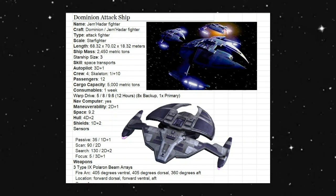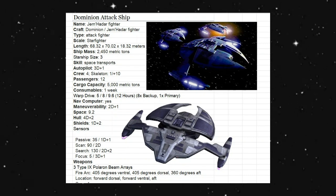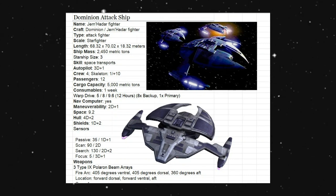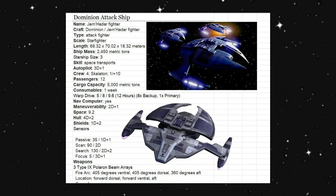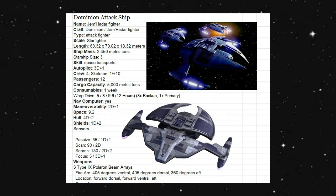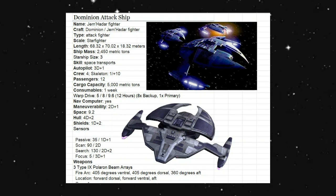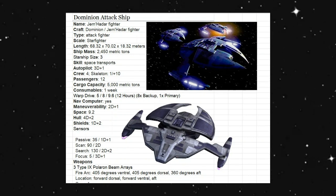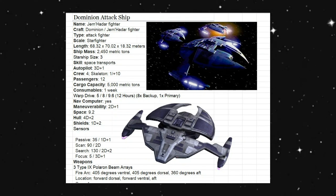In addition to the ship's highly efficient warp drive and impulse engine systems, Jem'Hadar attack ships incorporate an ion drive as a secondary propulsion system. Should an attack cripple or disable the ship's impulse engines, they can engage the redundant engine. The ships typically travel in threes, bringing to bear their combined maneuverability and firepower to overwhelm an opponent through